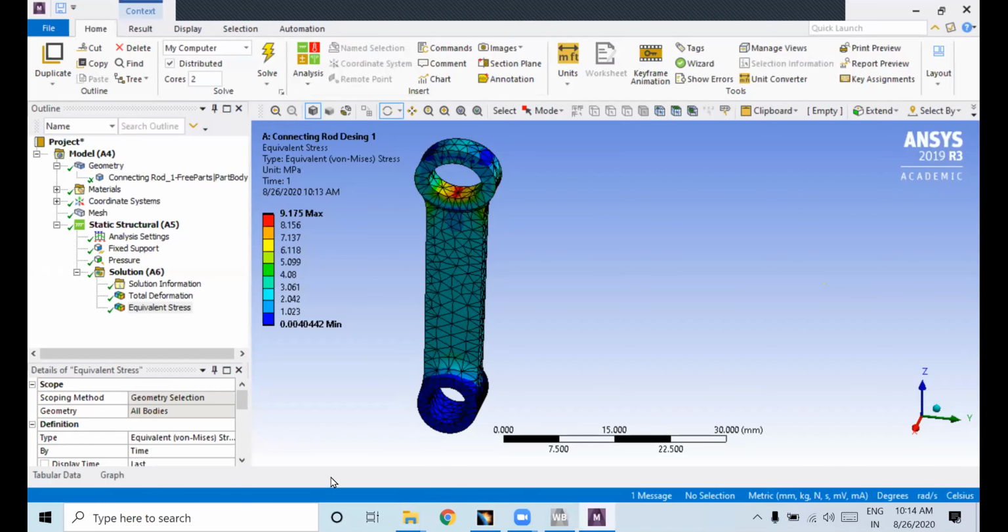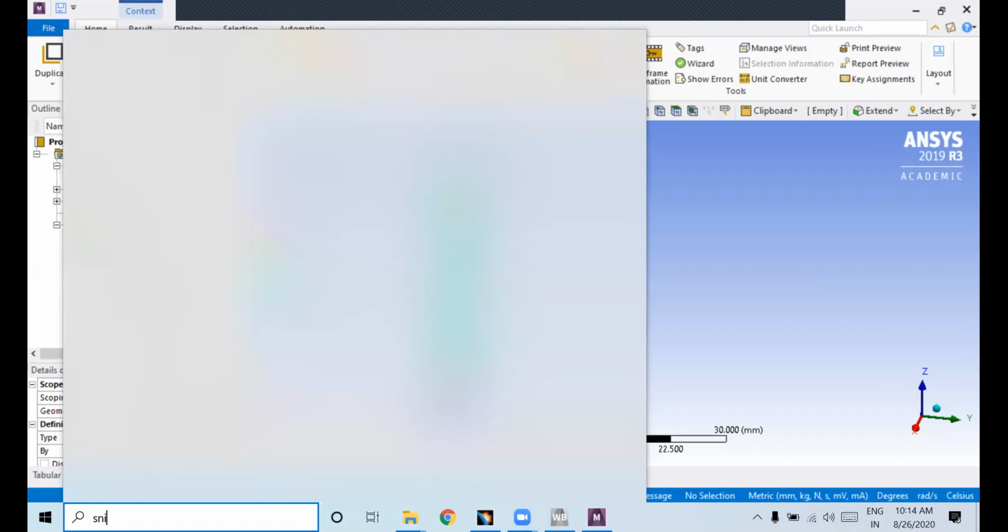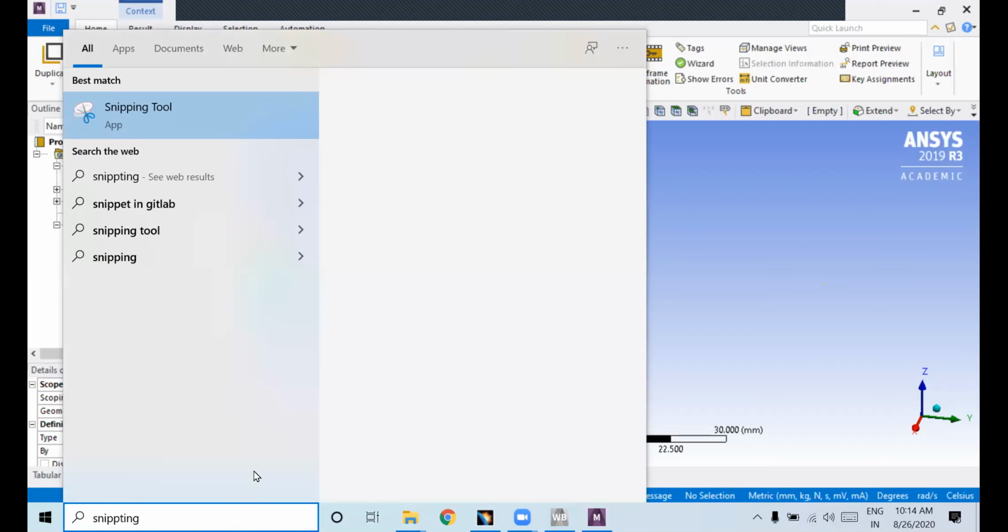If you have Windows 10, you will get the snipping tool. Where will you get it? Click on this search button, type snipping tool. So this is the snipping tool.